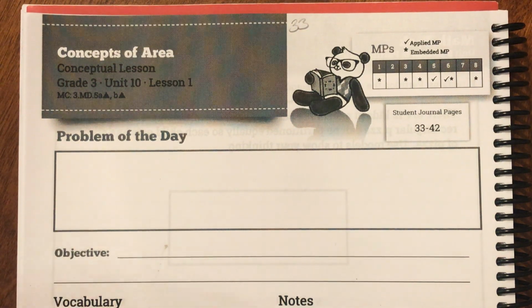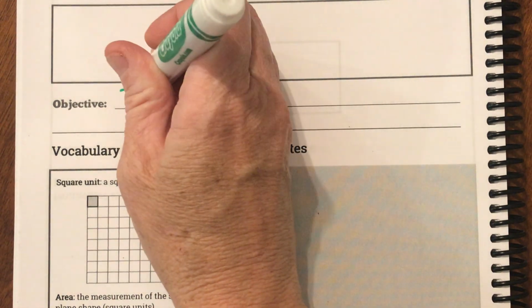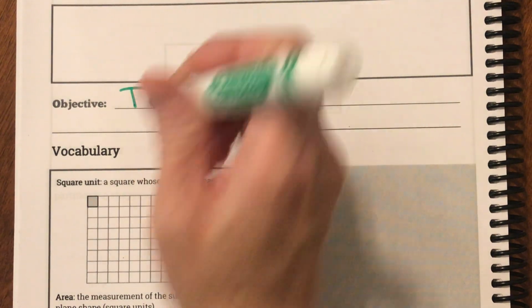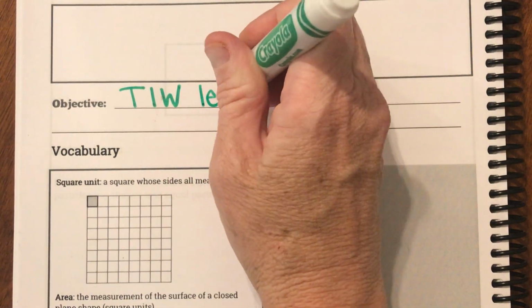Okay, we are not going to be doing problems of the day together, but what we are going to talk about is what our objective is. An objective just means what we want to learn today. So our goal today is to learn what area means. We're going to use a shortcut. Instead of writing "today I will," we're going to shorten it and put T for today, I for I, and W for will. So today I will learn